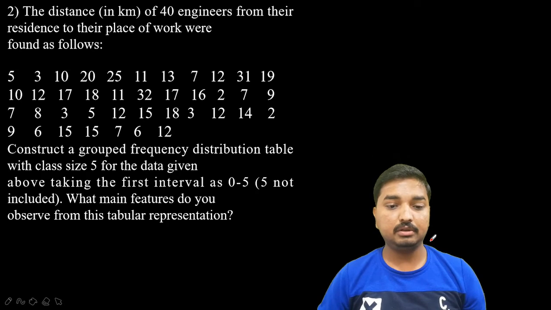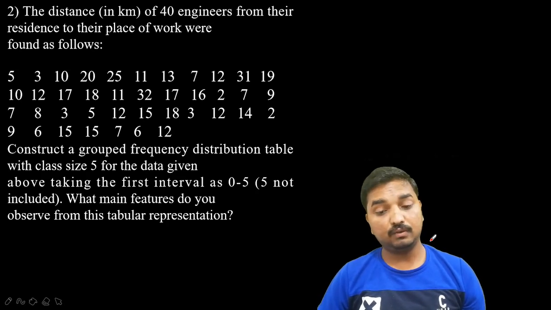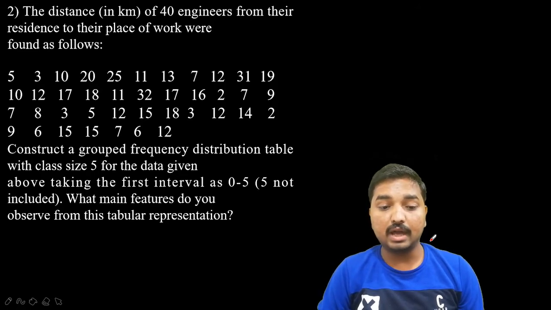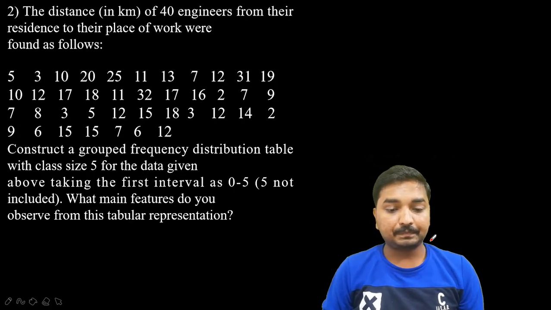Look at the second question. The distances of 40 engineers from their residence to their place of work were found as follows: 5, 3, 10, 20, and so on. Okay, all are in kilometers. Construct a grouped frequency distribution table with class size 5 for the data given above, taking